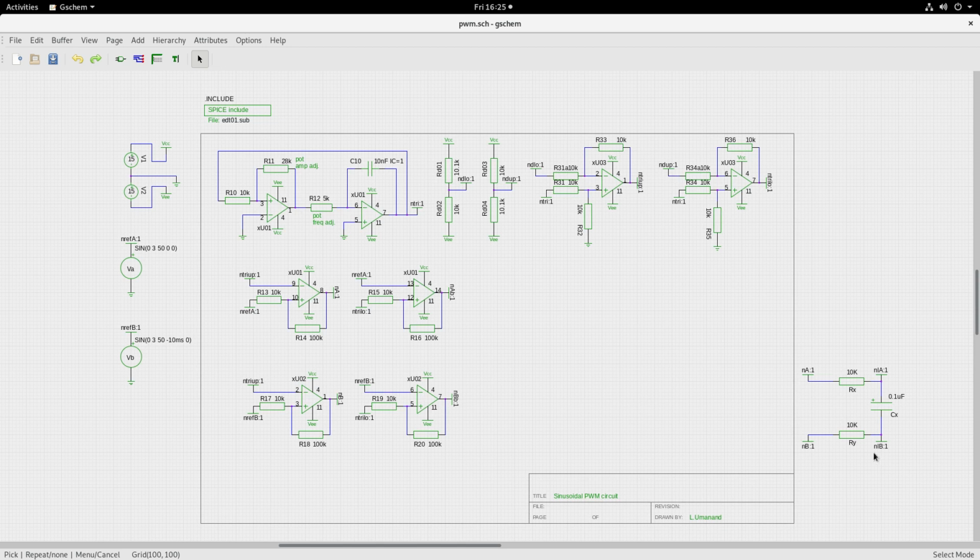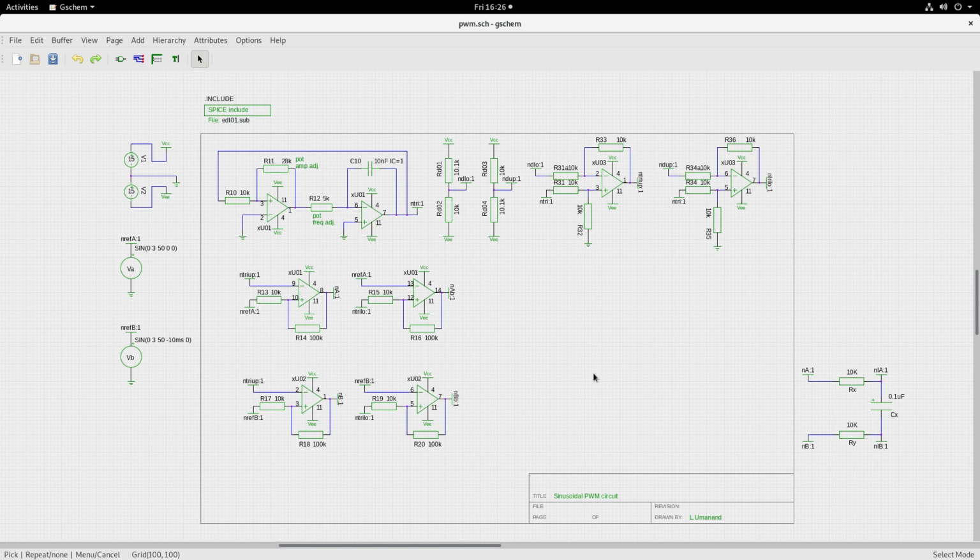And this here, filter across the bridge arm A to B, I just put an RC filter to see if you will be able to extract the modulating signal, fundamental modulating signal. Of course, if you put a higher value of capacitance, you may get a much better, purer sine signal. So now let us simulate this circuit.